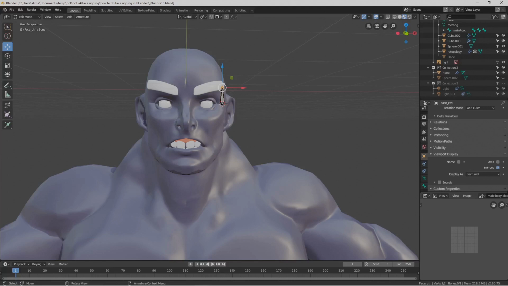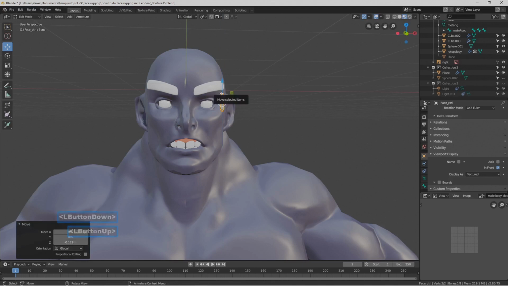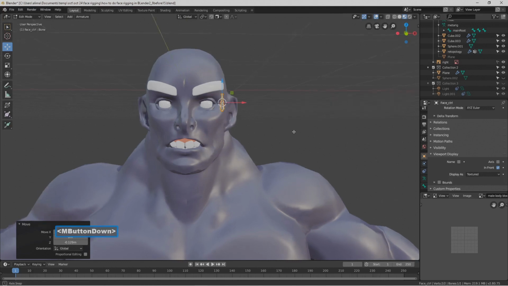Okay, what I'm going to do now is select the main part of the bone. I don't want to select the top or the bottom because I want to actually move this whole bone. So now I'm just pushing this down, and I'm thinking that when I push this bone down, we're going to set things up in this tutorial to have the eyes shut. So that's why I have this position kind of towards the side of the eye. Even though we have In Front on, I know that this bone is inside of the mesh. I don't want that, so I'm going to